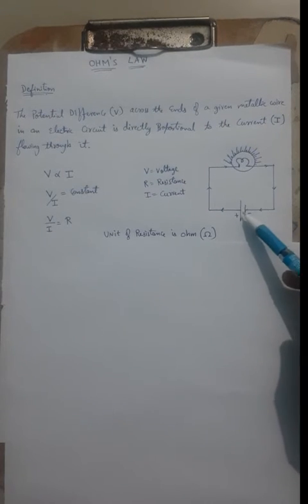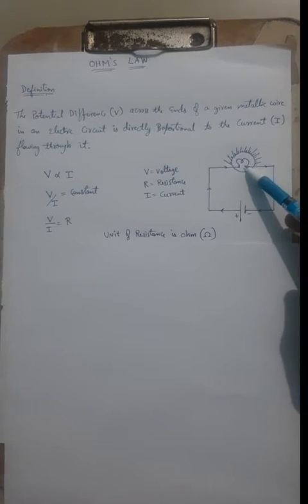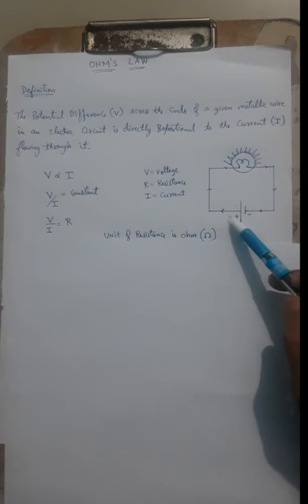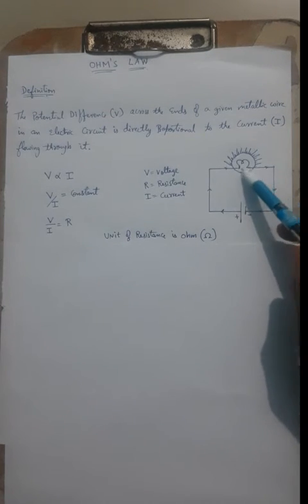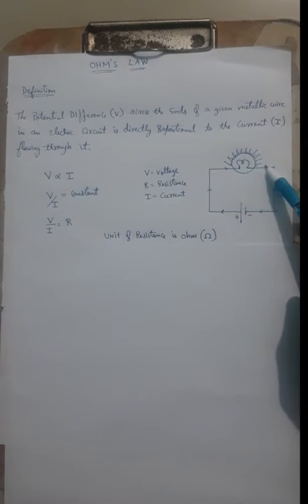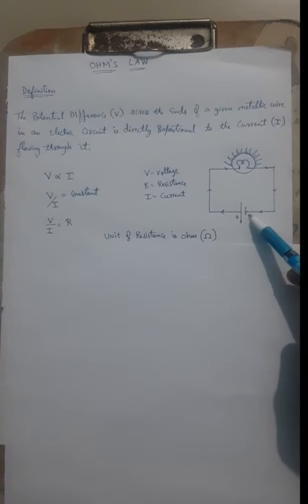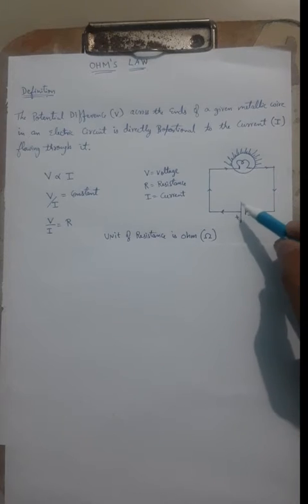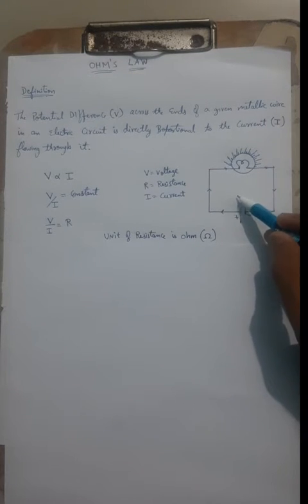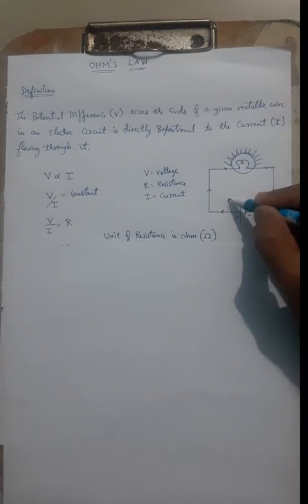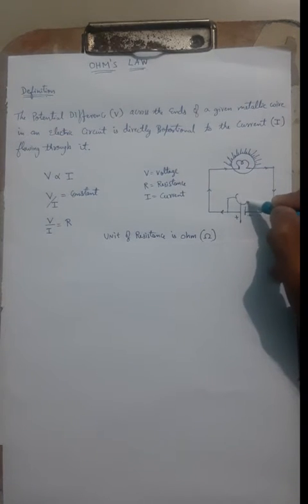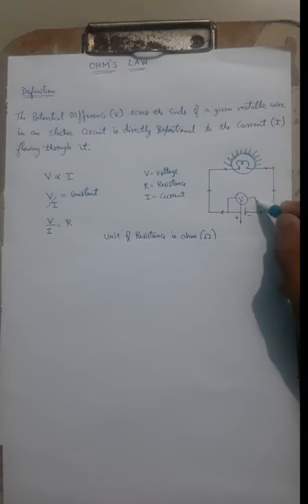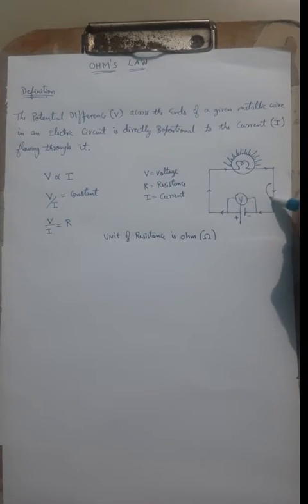In this circuit, this is the battery and this is the bulb. Current is going to flow from the positive terminal, through the bulb to light it, and come back to the negative terminal. So this is the flow of current. Let me keep a voltmeter here, which measures the voltage, and an ammeter